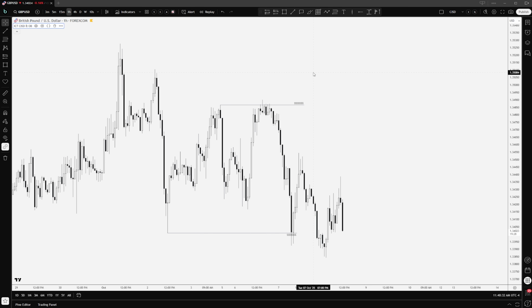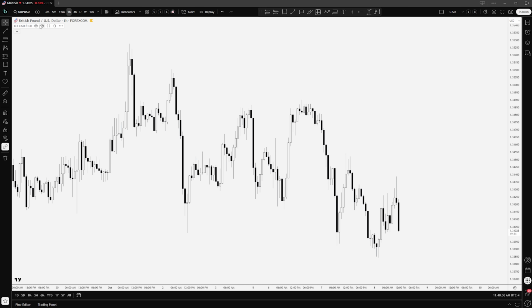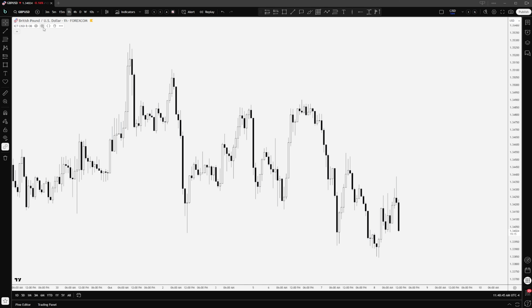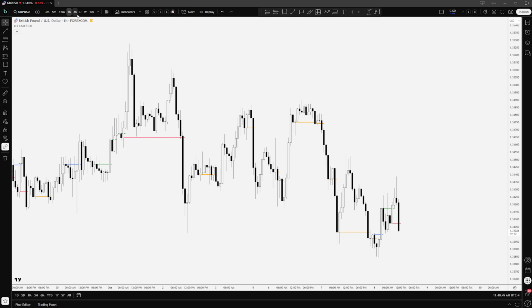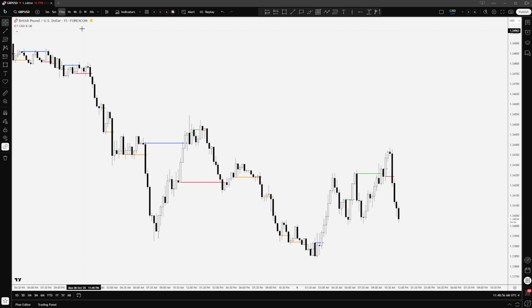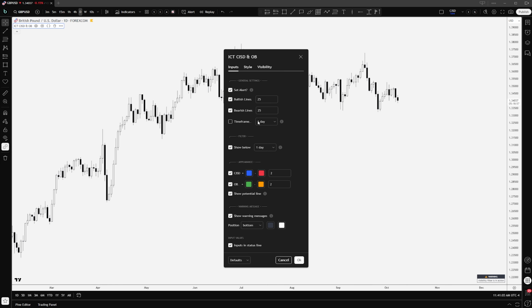And then if you're someone like me who does his analysis on the daily, and whenever you go to the daily, you don't want to see any lines or anything on the chart. You want it to have the chart clean. You would enable this filter so that if you go to the daily, all the lines will disappear. So let me just remove this filter. In this case, if we go to the 4 hours, it will plot the patterns for 4 hours. If you go to 15 minutes, it will do that for 15 minutes. But in the case of you going to the daily, it will not plot anything because you've set up a